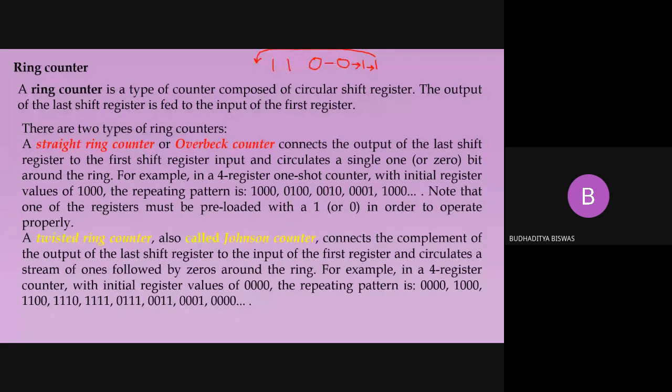I hope you all understand the difference between a shift register and a circular ring counter. In a right circular ring counter, the LSB is placed in the MSB position and every other bit is shifted one bit to the right. In a left shift ring counter, the MSB comes into the place of the LSB and every other bit is shifted one position to the left. Got the concept of the ring counter?